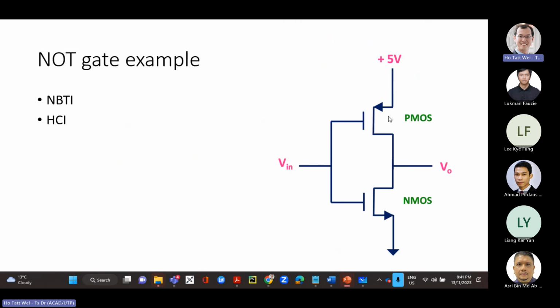Because of the logic 0 and the 1 here, the difference in voltage means there's a negative voltage here. This PMOS transistor will suffer from severe NBTI, negative bias temperature instability. So if I say this is going to be at logic 0 for most of the time, 80% of the time over 5 years, then the primary aging mechanism of this NOT gate is NBTI, which will degrade the PMOS speed.